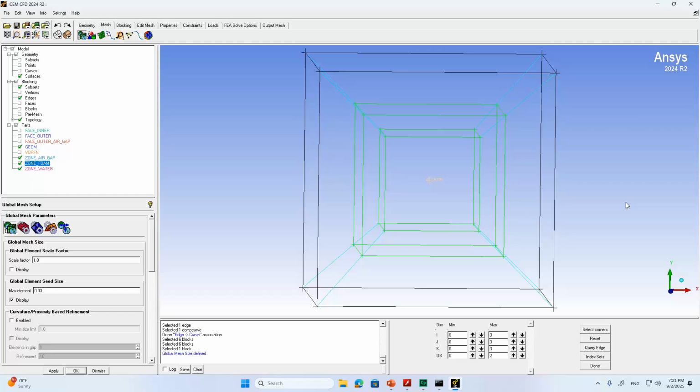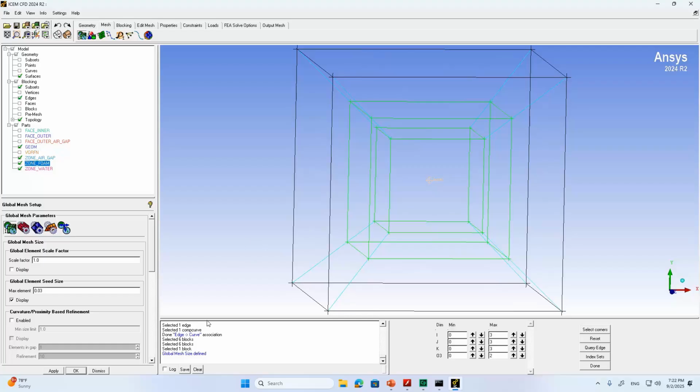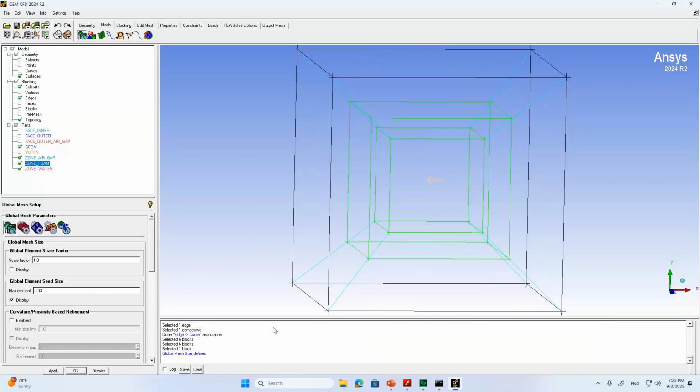If they have a significant difference, that means your mesh most likely is not fine enough, right? It changes a lot when you change your mesh. But if they only differ a little bit, then that means your mesh probably is fine enough. Okay,